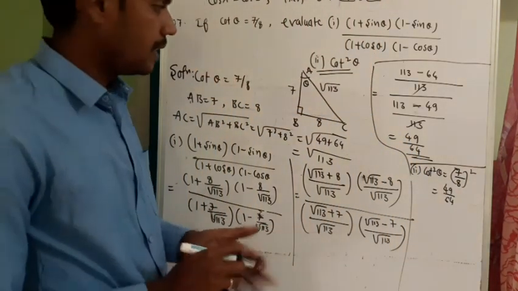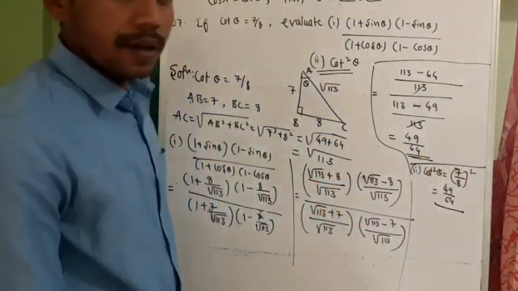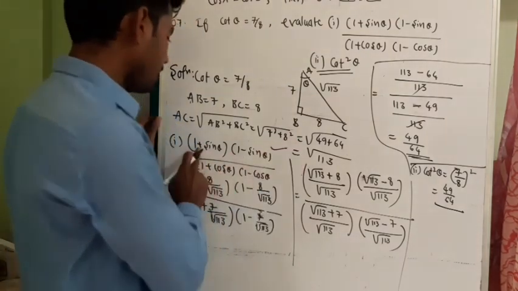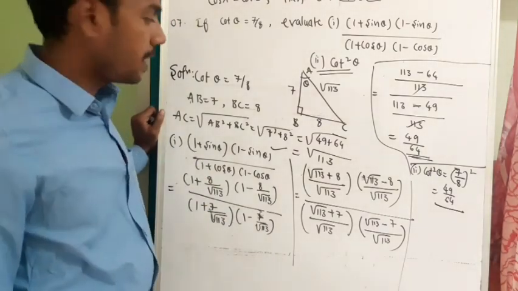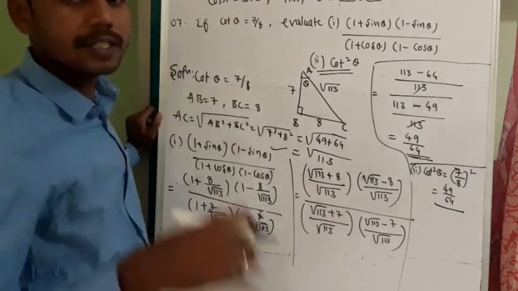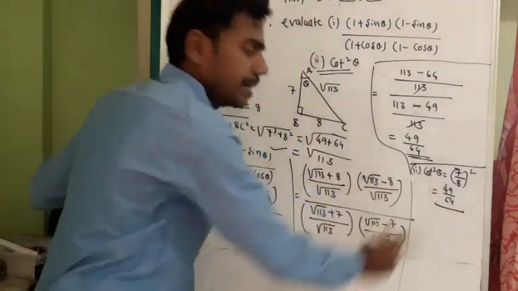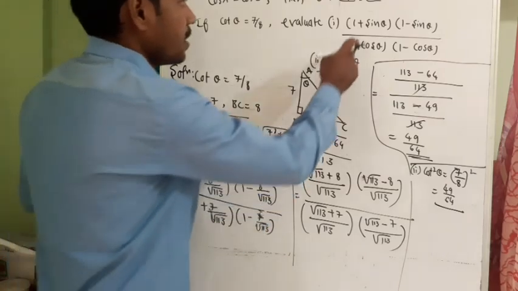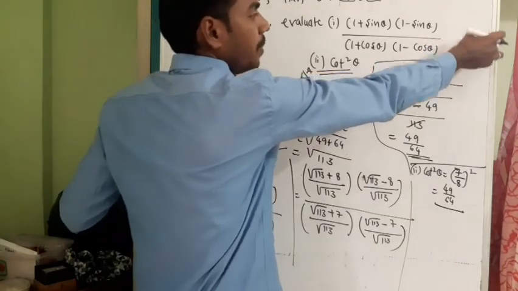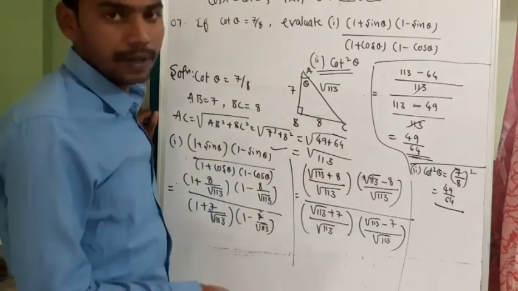So what does it convey? See, this is over. So this answer is equal to this answer. One thing we can write: later you are going to get identities. 1 minus sin square theta is nothing but cos square theta. 1 minus cos square theta is nothing but sin square theta. Cos square theta by sin square theta is nothing but cot square theta. You are going to study that in the later part of this chapter. Okay, please note this down.